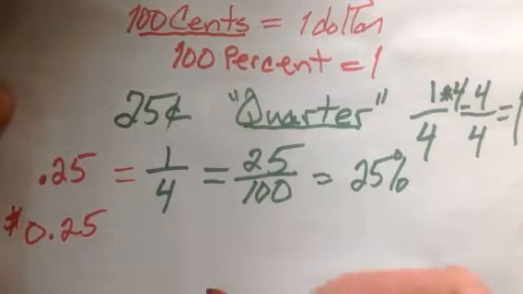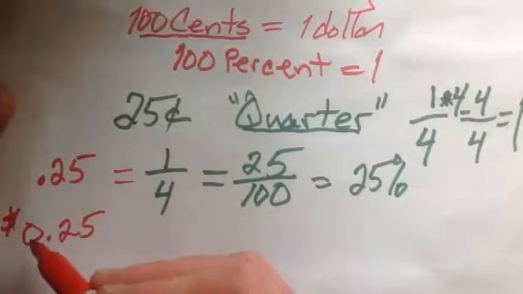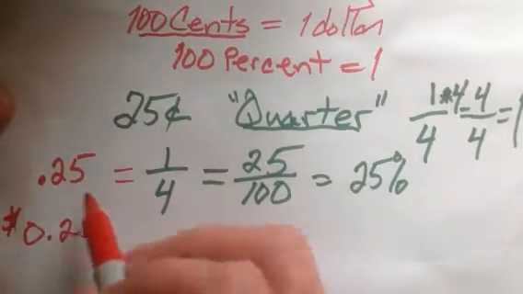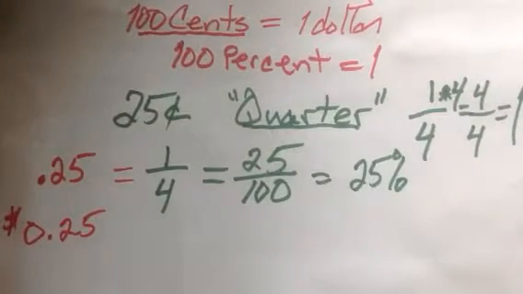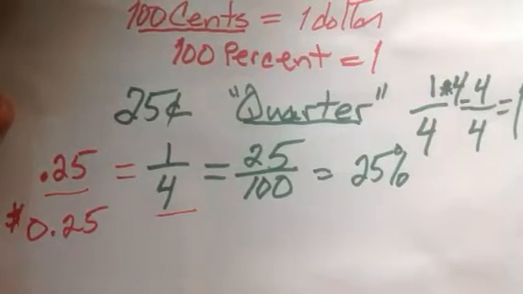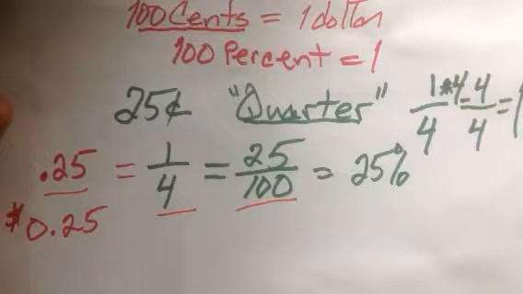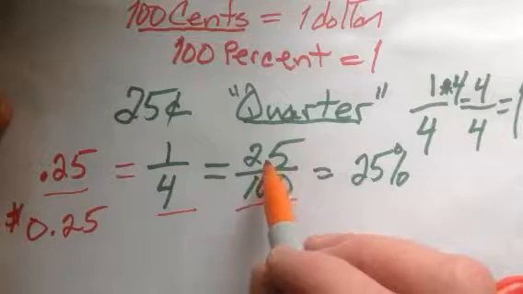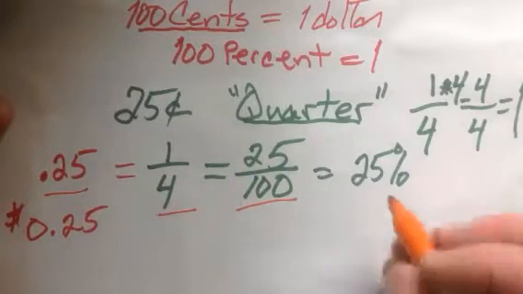That's why our dollars tend to go, dollars on one side of the decimal point and cents on the other side. So all these things, 25%, 1/4, 25 over 100, which is actually the same representation of this fraction, right? If you reduce this fraction, you'll get this fraction, which also